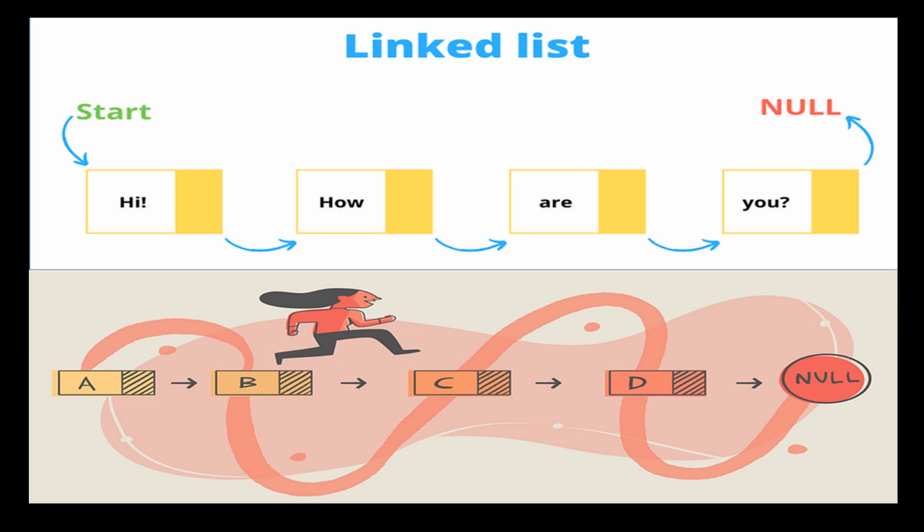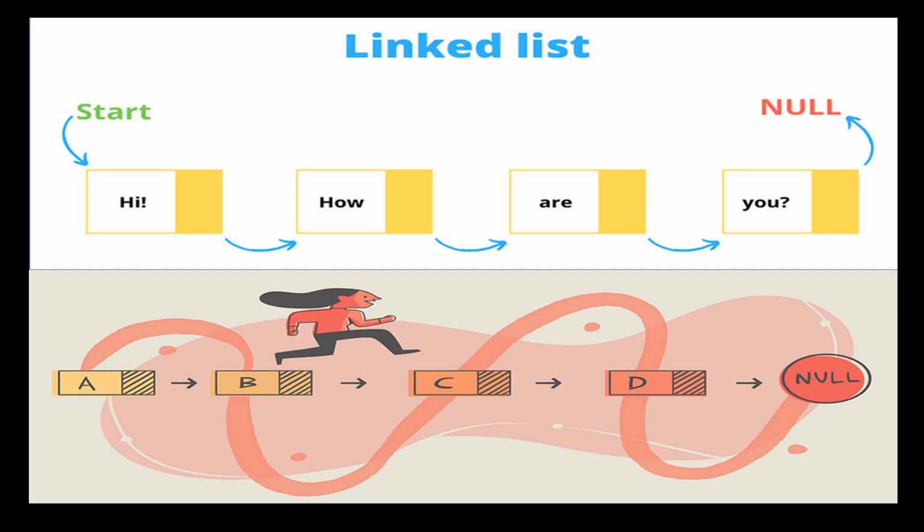It's worth noting that linked list is a dynamic data structure, meaning the size of the list can grow or shrink as the elements are added or removed. Linked lists are commonly implemented using a doubly linked list, where each node has a reference to the previous node in the list. And this allows for a fast traversal in both directions, but also increases the memory usage per